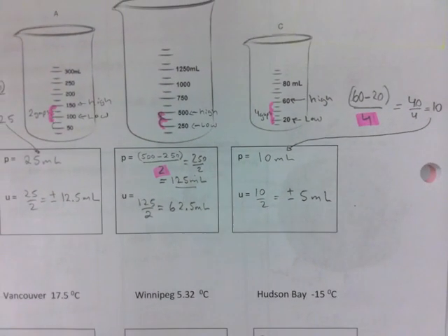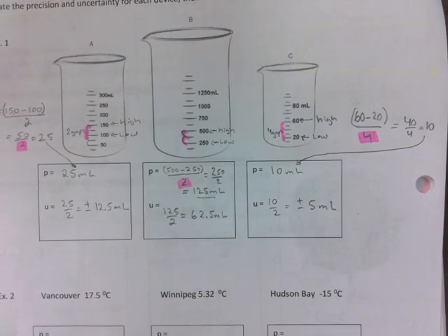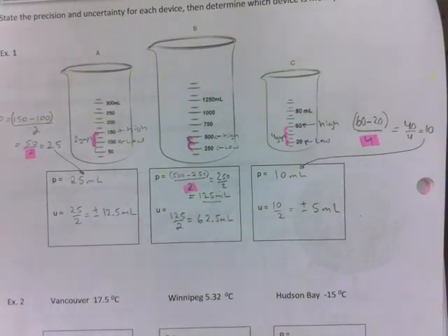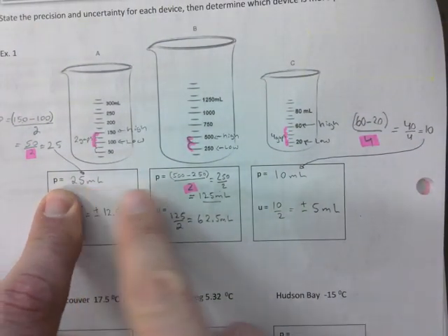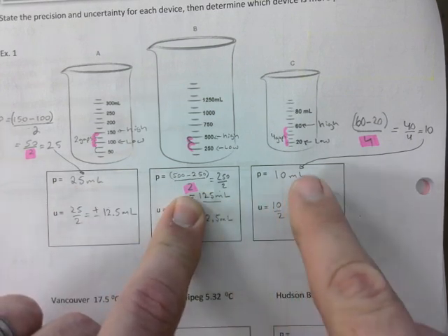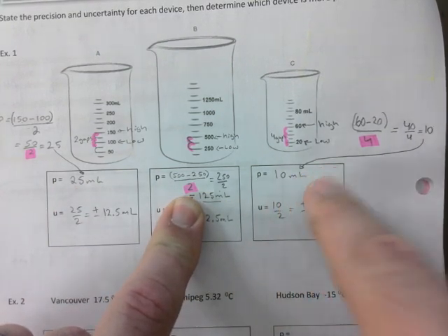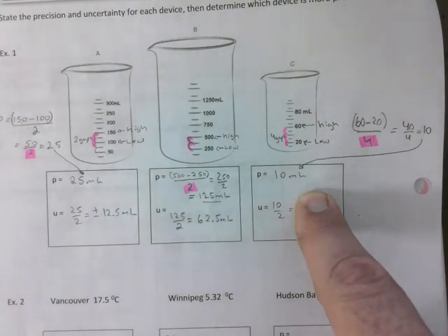Now, let's zoom out. Which one is the more precise? 25 mLs, 125, 10. 10 mLs is the more precise. So I'm going to use